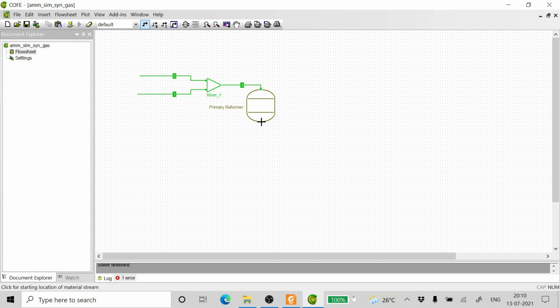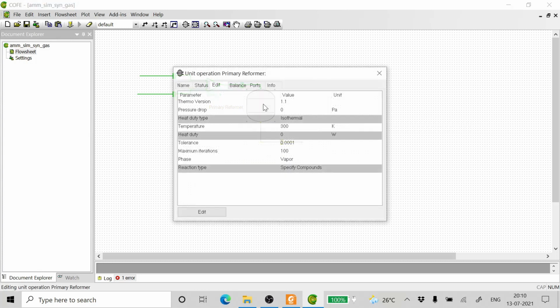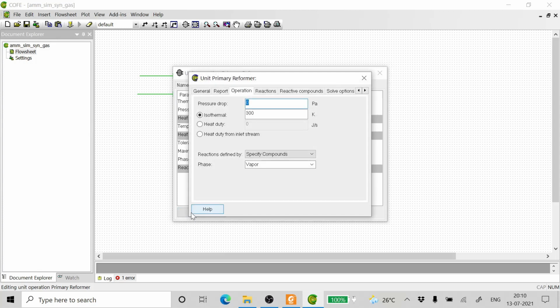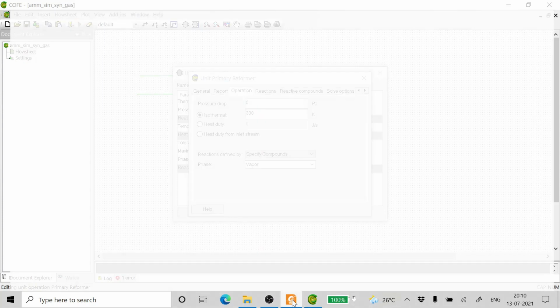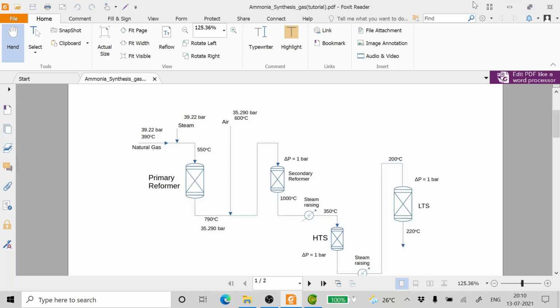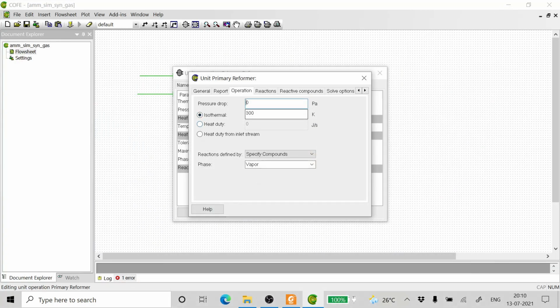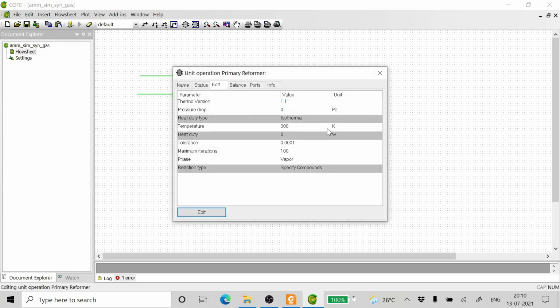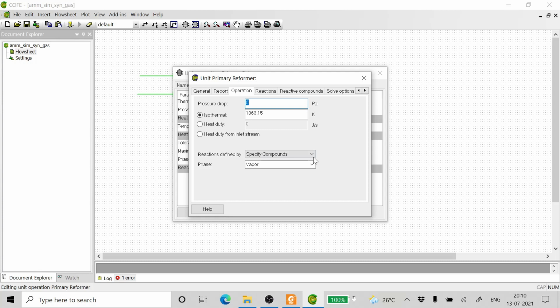And then we take the outlet stream. So, the outlet of the primary reformer is stream 4. Now, we double click and go to edit. The outlet of the primary reformer is at 790 degrees Celsius. So, for the operation temperature, we change the units here and we put it as 790 degrees Celsius. Now, we click edit once again here and the reactions we select as the reactions will be